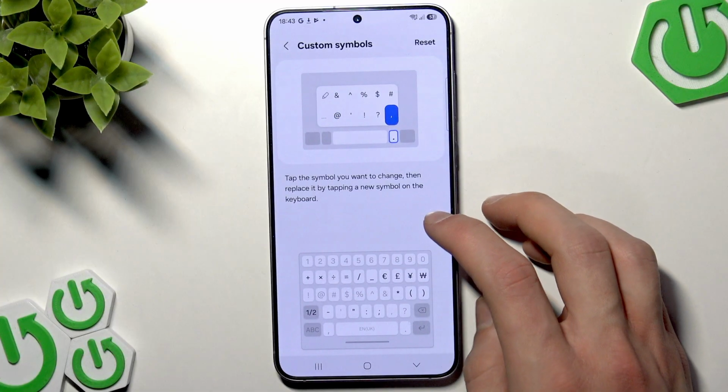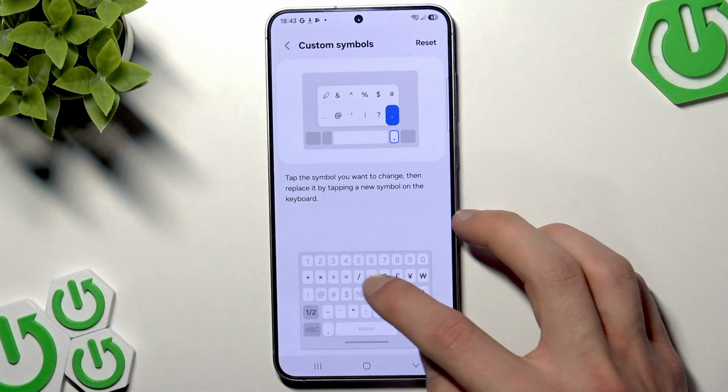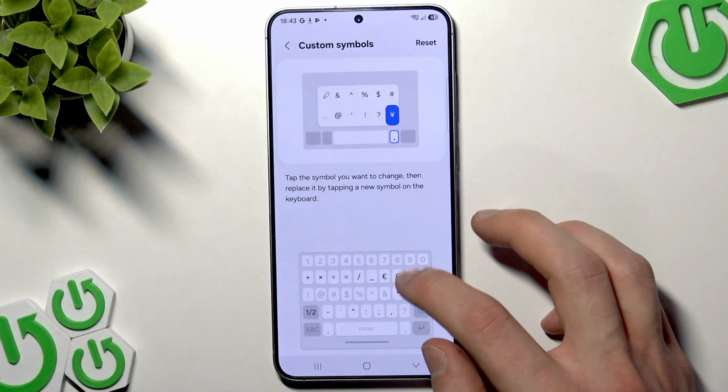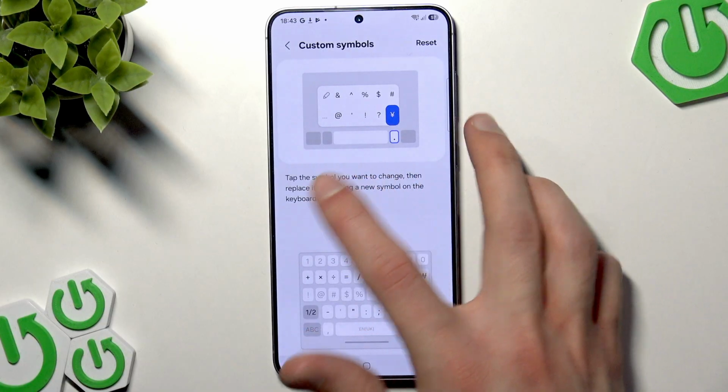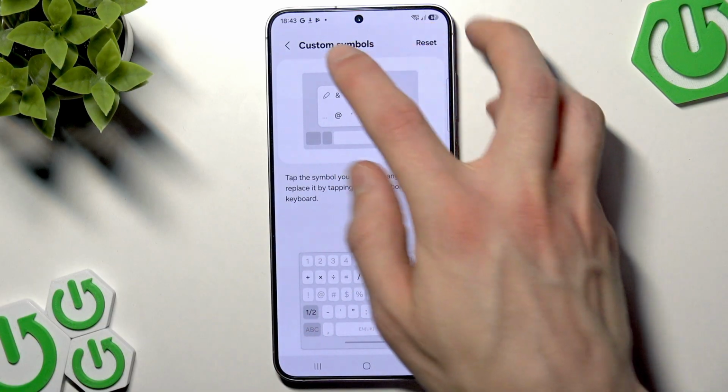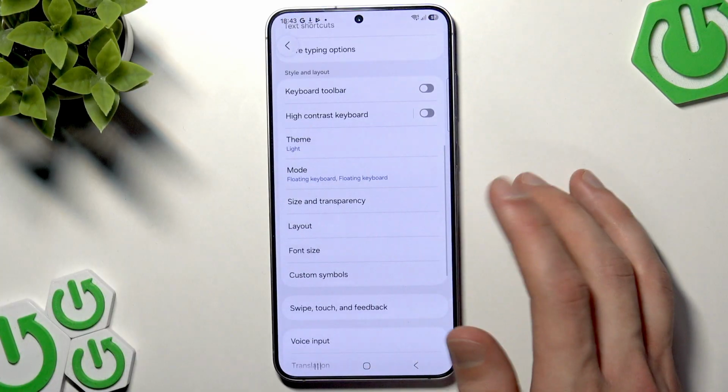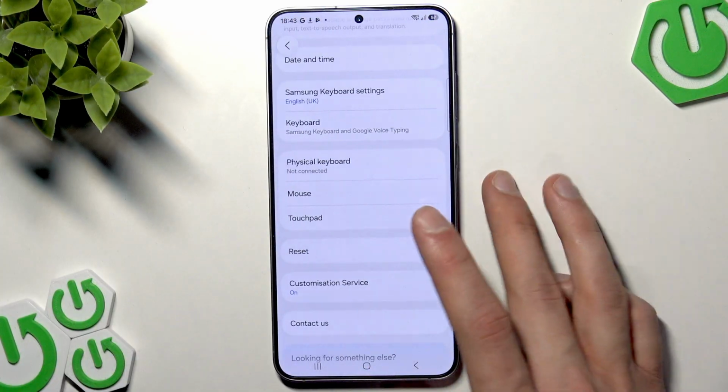And in custom symbols, we can select symbols on the keyboard that we want to change and then replace them by tapping a new symbol on the keyboard, and you can reset the settings right here. Now these are the settings that are available